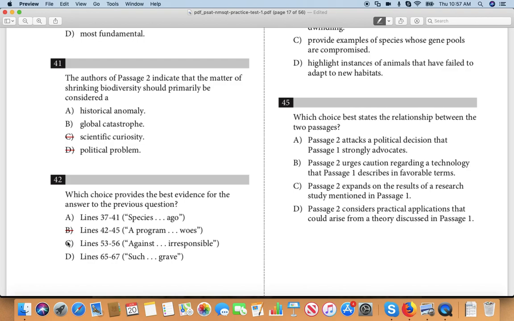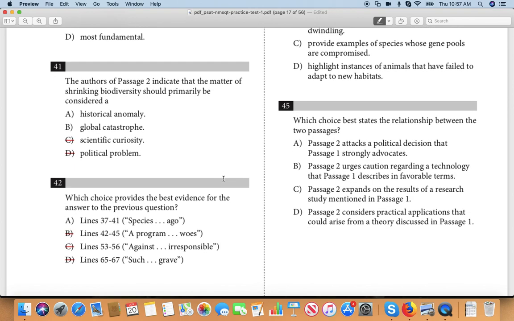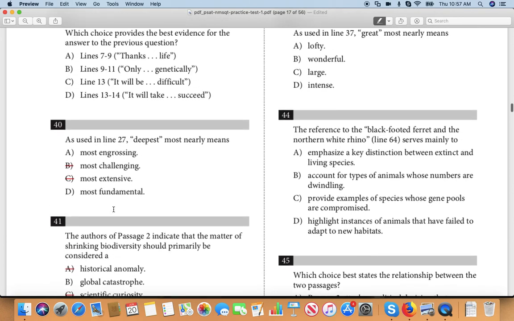Isn't that nice? Those questions with the lines, the evidence ones, give you two ways to get it. Either you get 41 with the evidence and then automatically 42, or you get 42 because you found the answer that addresses 41 and then you got both. Regardless, it's like a backup to find the answer. So it's definitely B for 41 and A for 42. All right.